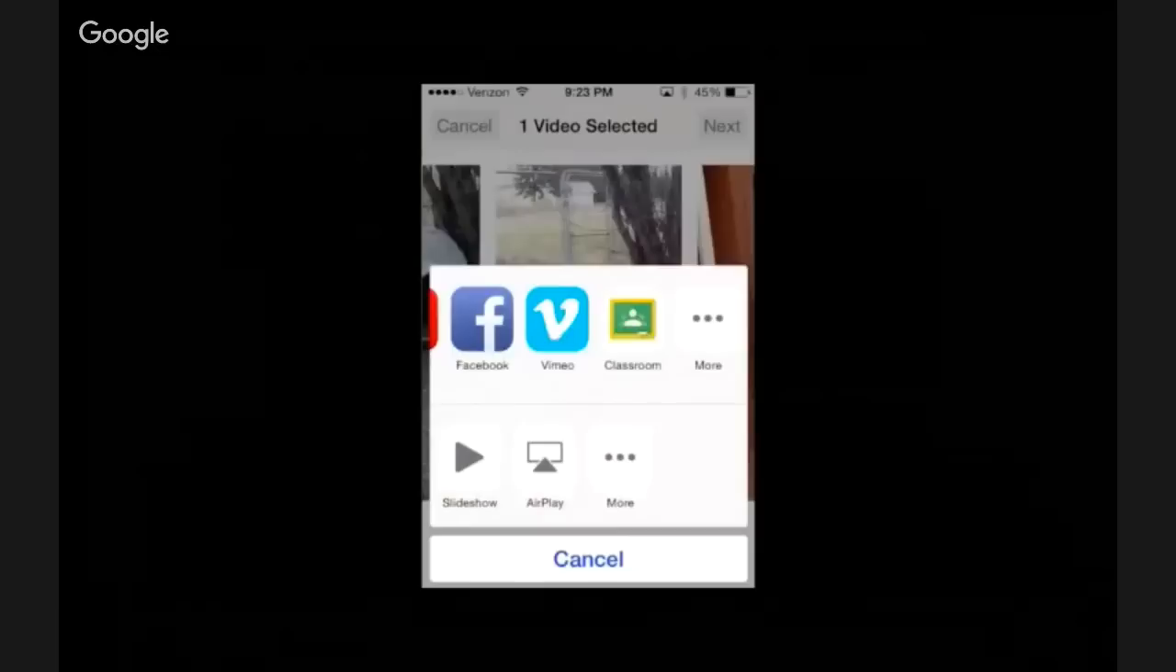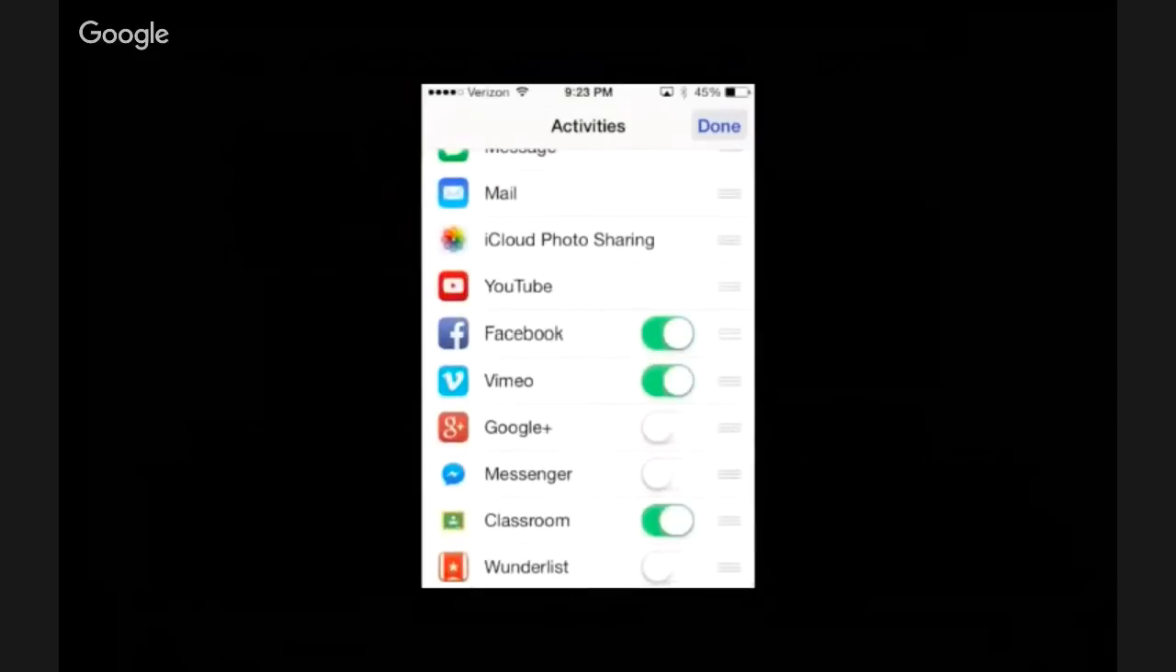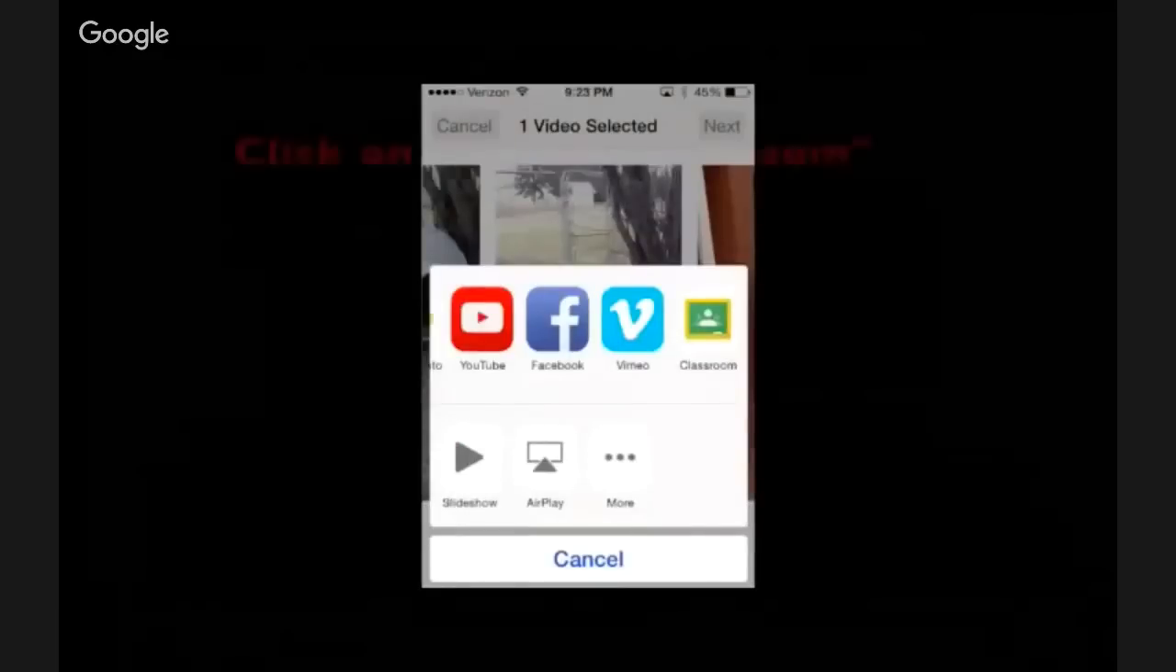Now, if you haven't chosen Google Classroom before, you would go to More. You would go down until you see Google Classroom. You would click on the toggle and it would turn green. Click Done. Okay. So now that you've chosen the video or the picture you want to select, you click on